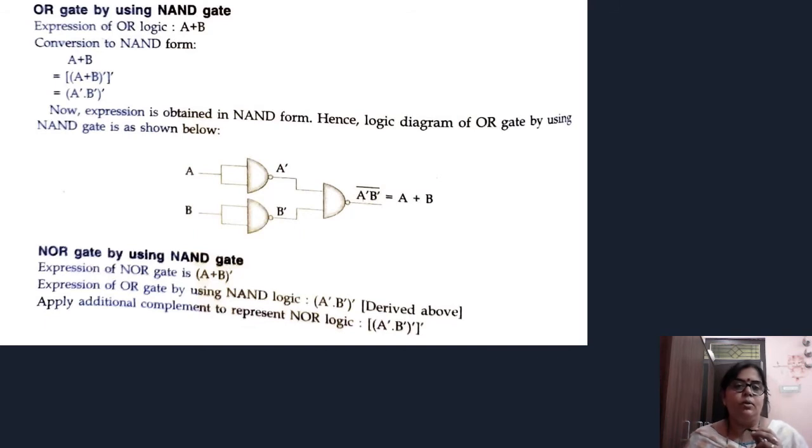Now NOR gate by using NAND gate. The expression of NOR gate is (A plus B) whole complement. The expression of OR gate using NAND gate is (A complement dot B complement) whole complement. That has been derived here. Apply an additional complement to represent the NOR gate. Now we have to apply one more complement so that we can make the NOR gate.